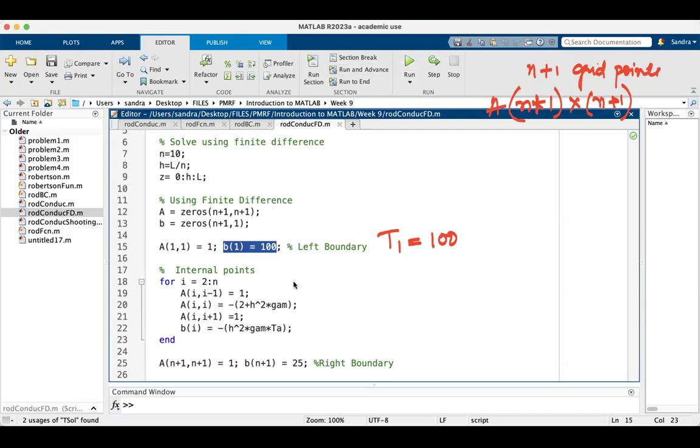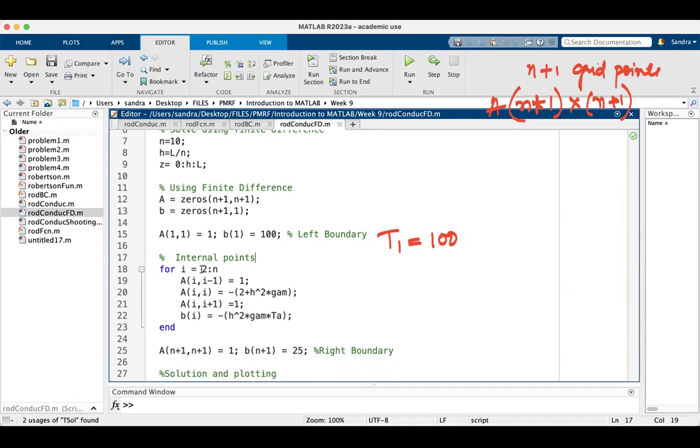So that will be this equation. Now we will have to build the internal points. For that we are running a for loop where I goes from 2 to n. 2 means it is for the row number. Okay. So now the first, as you remember, the first row